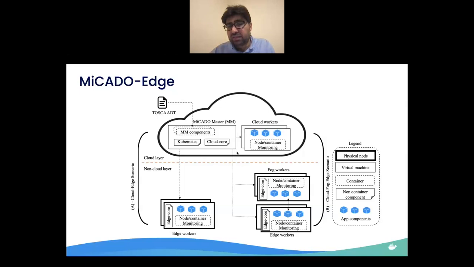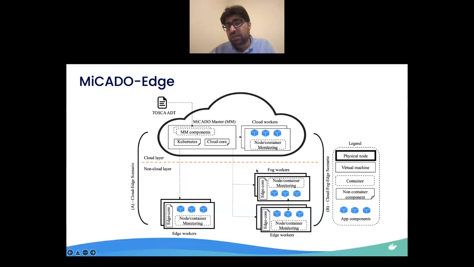The communication between the Cloud Core and Edge Core components enables us to achieve this orchestration behavior of Docker containers on non-cloud resources as well.